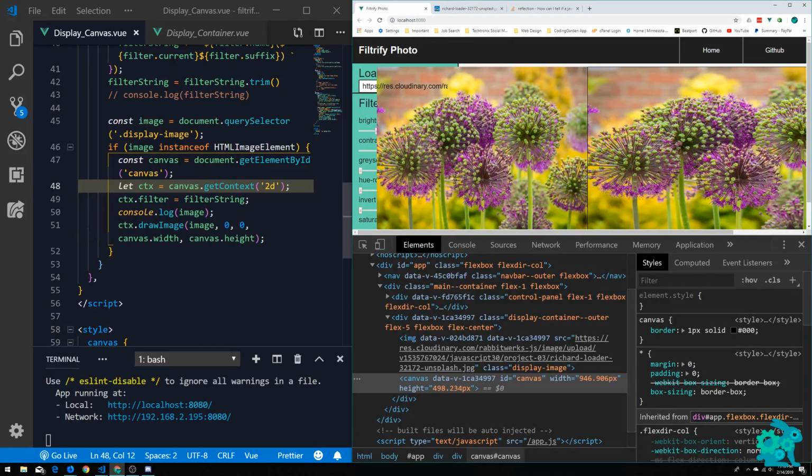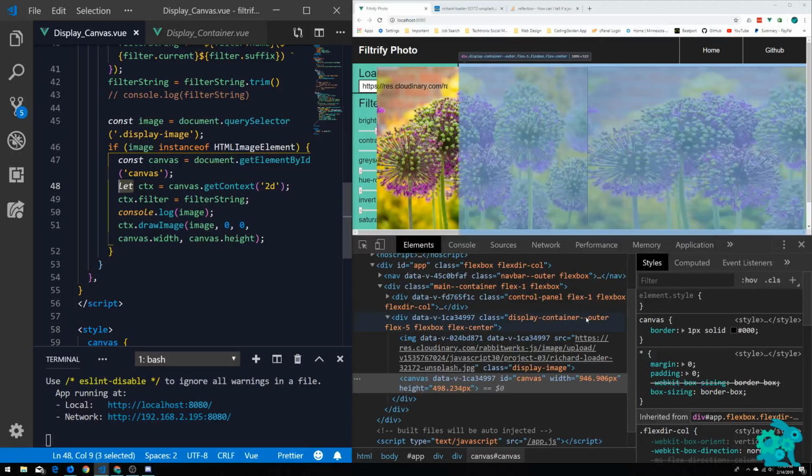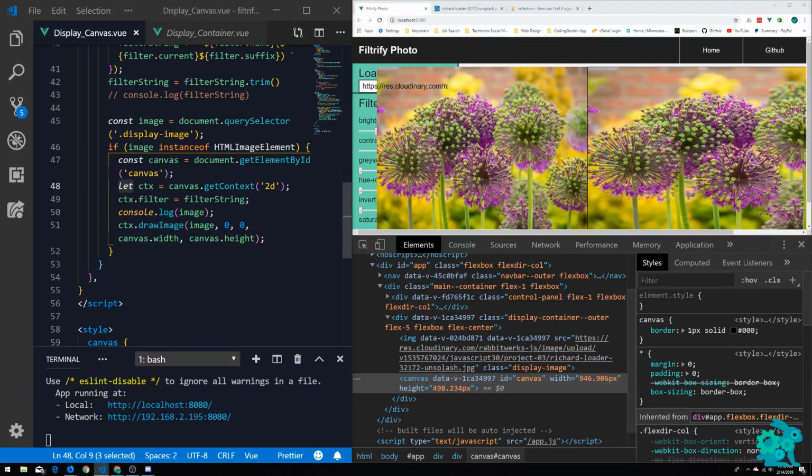So, okay, that makes sense somewhat. Although in my other code I have context declared as const, not let. But maybe, I don't know. Who knows? Maybe my other code doesn't even work anymore. Good call on that. So we got 2 images now, and it pops up